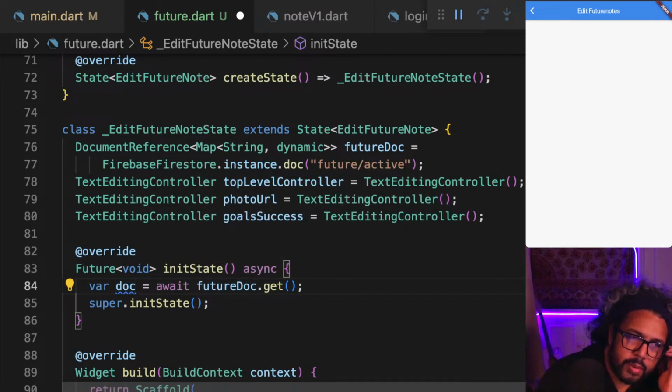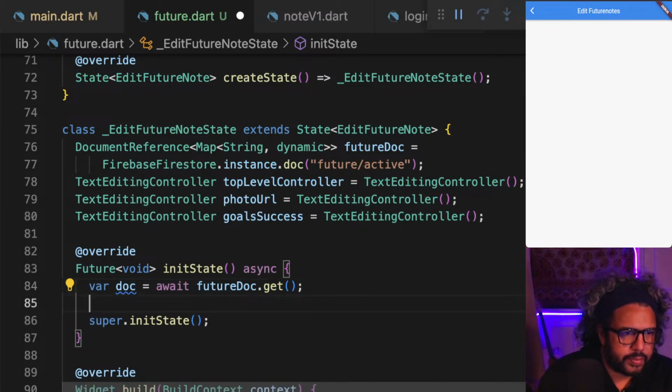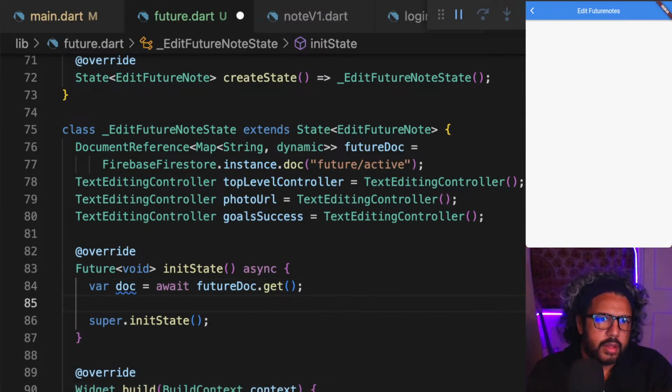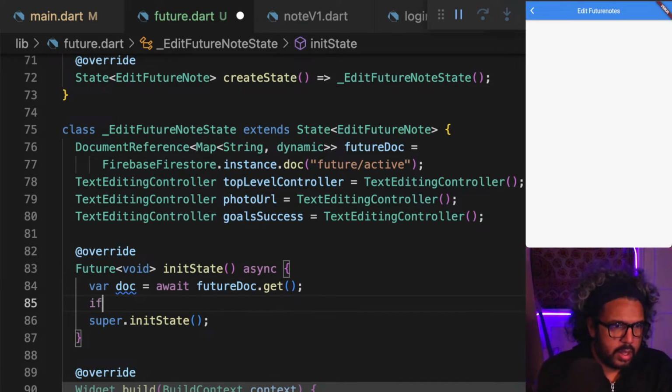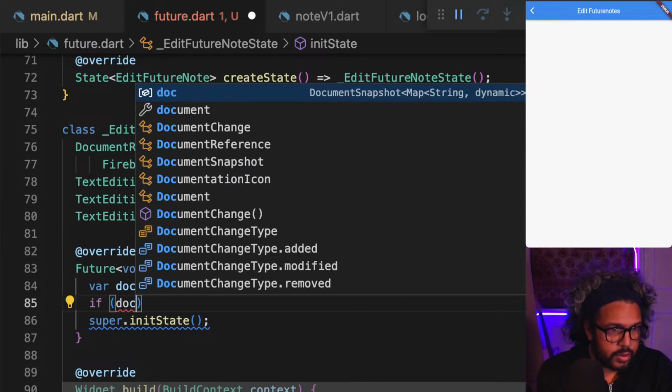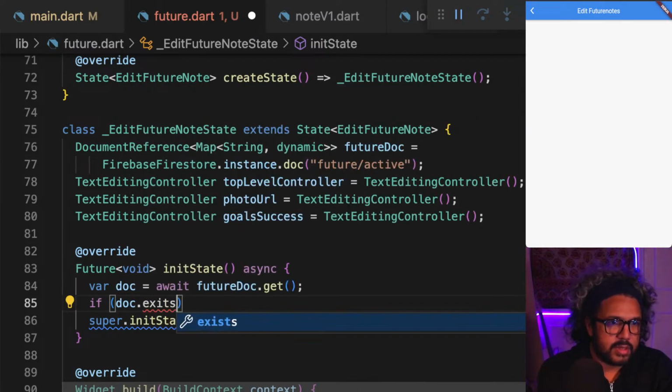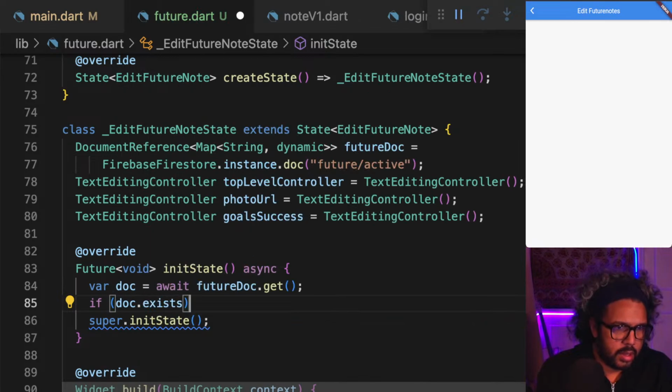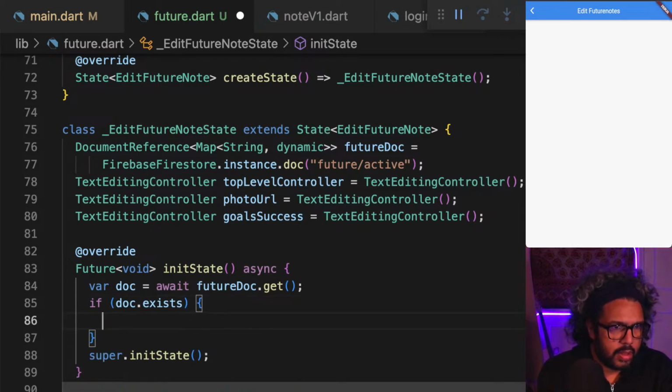Just unused local variable. Okay, and then if doc dot exists, whoops, if doc dot exists, then